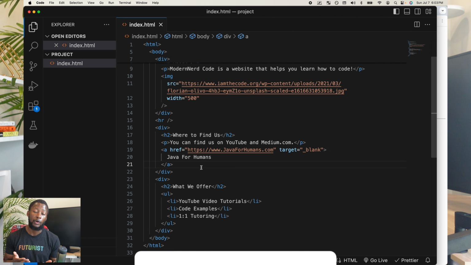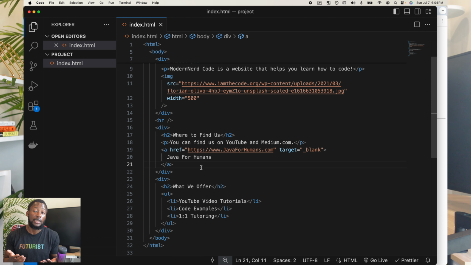Now, what if we want to add more links to our website? Because a website can have many links, not just one. You can have 0 or 100 or 1,000, a million links, right? Because Facebook has millions and millions of links, right? Every user on Facebook has their own link. So we can add as many links as we want to our own website as well,